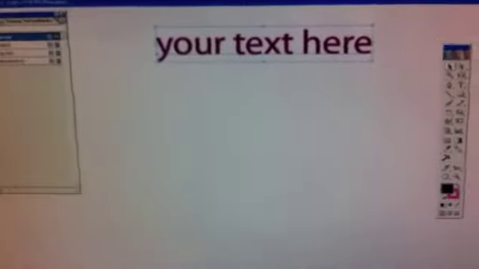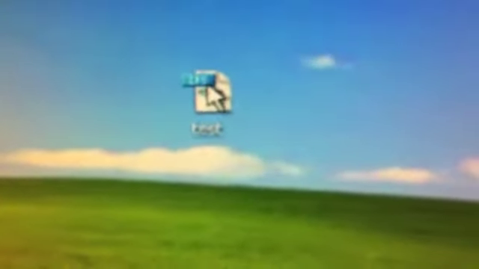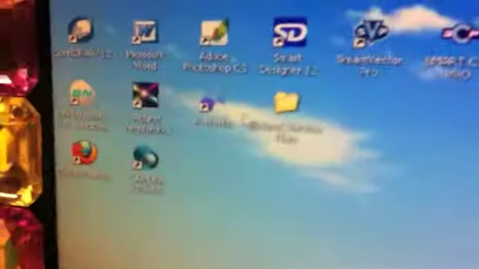Once that saves, it's going to be up on the desktop. And it should be right here. So now all you need to do is take this, drag it and drop it into VersaWorks. Okay, so now that we have our saved little text file here, you're going to go ahead and open up